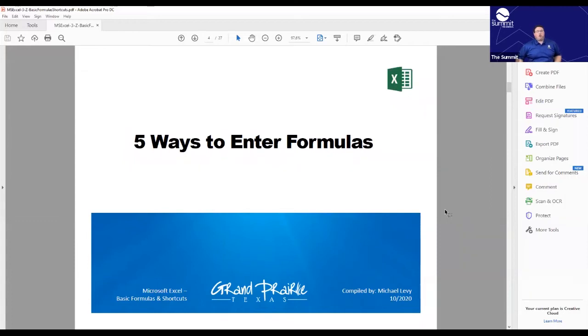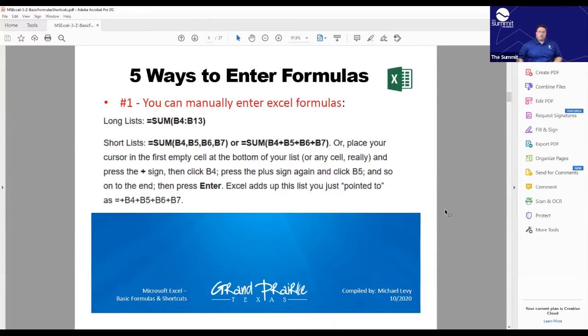The 5 ways to enter formulas. We're going to go over these and let you see a little bit how they all work together. So number 1, when we talk about formulas, they all have a different way of being used in Excel. Number 1, you can manually enter Excel formulas, sometimes by a long list. If you remember back to our first session, we talked about ranges, and a range of cells is a group of cells. In this case, long lists are a group of cells here. And we'll talk a little bit more about the sum function in a little bit. But to begin, the sum function is being used here to add up all of the cells in that range,